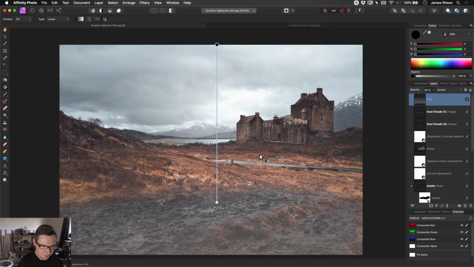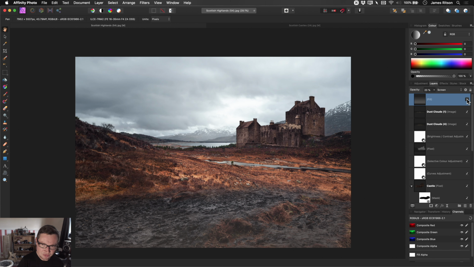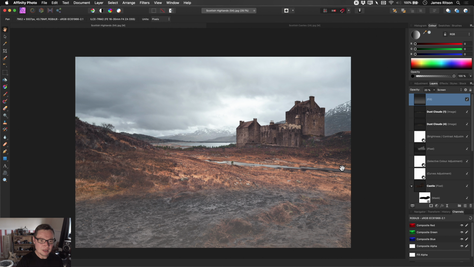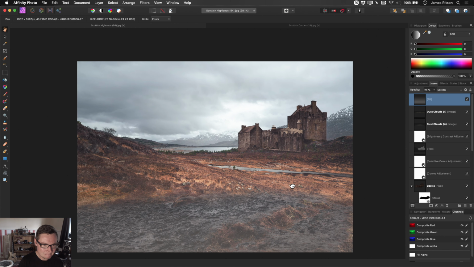And as you can see, if I just hide this by using the View tool, which is H on the keyboard, you can see I just add this nice kind of misty haze over the sort of the foreground of the image here. Okay, I think we are probably about done. One final thing I will do though